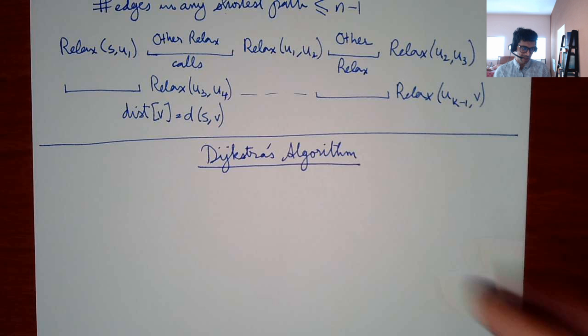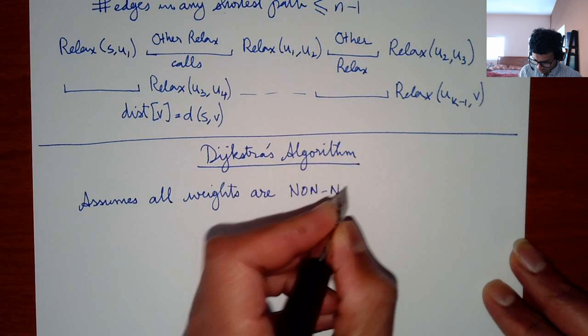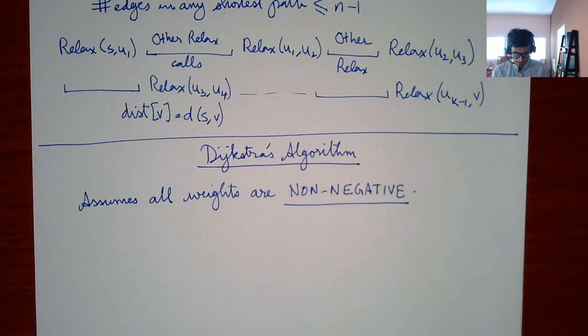Dijkstra assumes all weights are non-negative. And this is crucial to Dijkstra working. So what Dijkstra says, and the idea of the algorithm